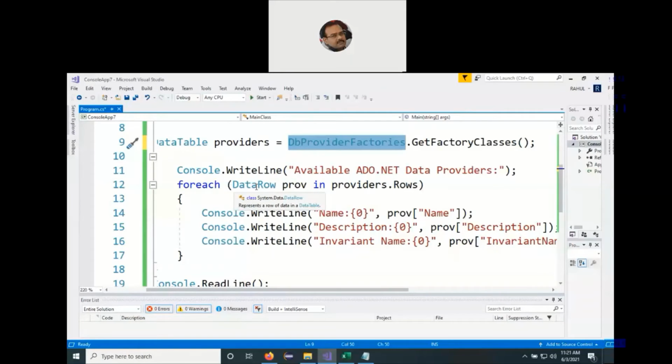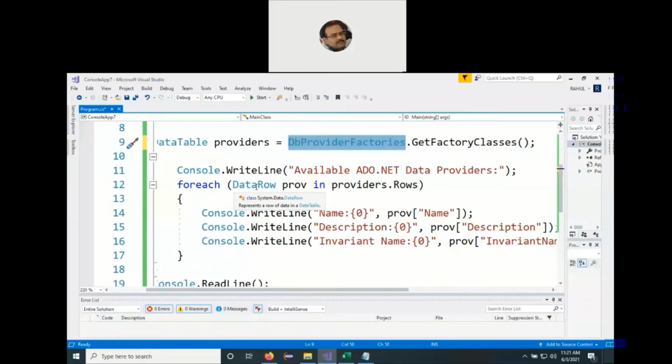We would like to navigate through each and every row of the DataTable. So DataRow is more like a pointer pointing to a specific row of the DataTable. And what is the DataTable containing? The list of the multiple ADO.NET data providers available on your system. If you've got multiple databases, we'll have multiple ADO.NET data providers.